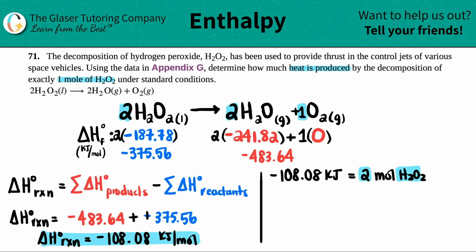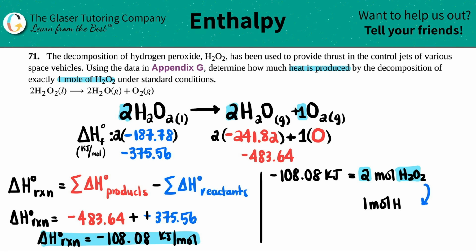For example, if I wanted to say that the 108.08 kilojoules were going to be released, and I was focusing on moles of O2, how many moles of O2 would I say? Now I would only say 1, because there's a 1 in front of here. So that's the pretty tricky part of doing these conversions. So I'm going to use this conversion to solve for what they wanted. They wanted only 1 mole of H2O2. So if I only want to find out how much heat is going to be produced